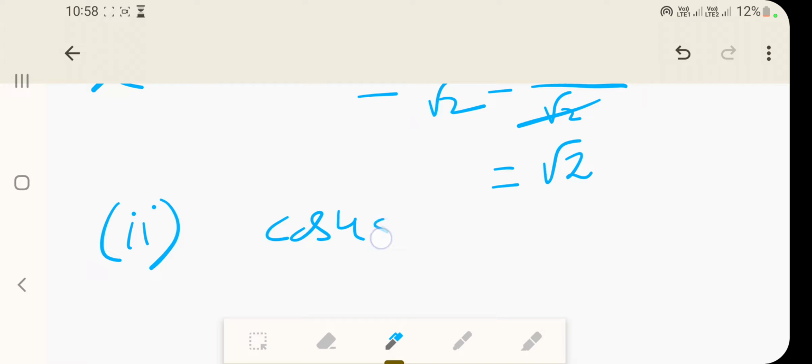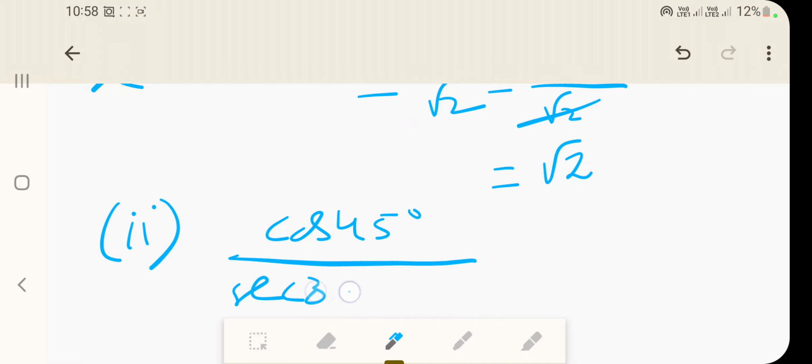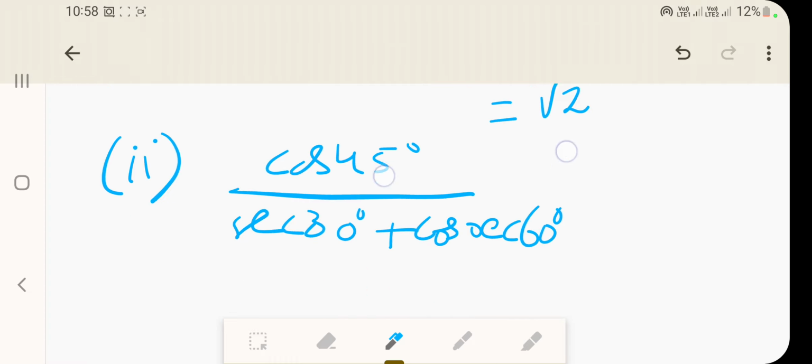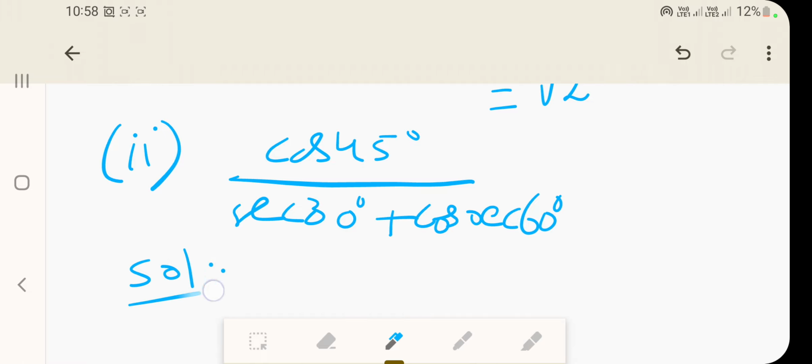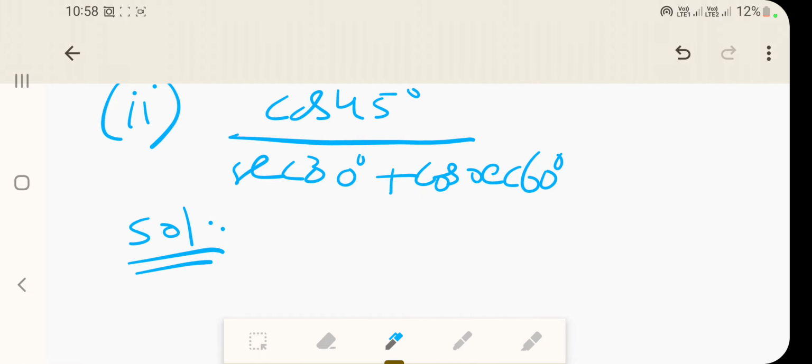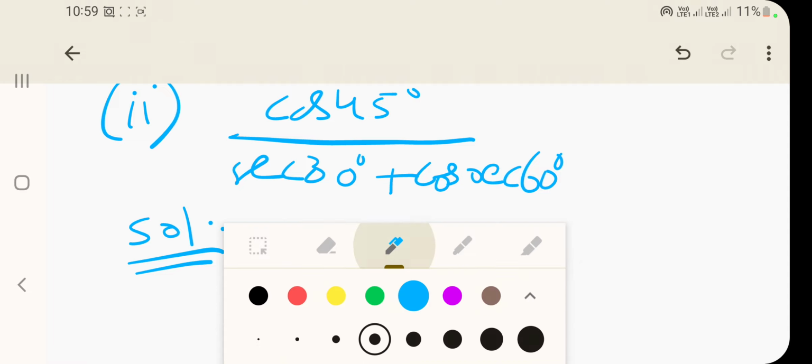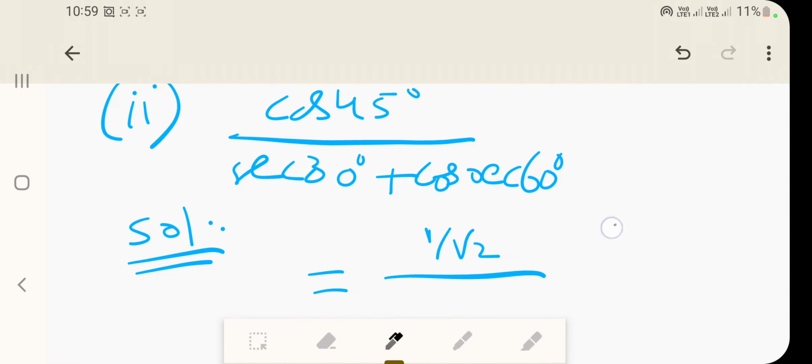This is cos 45 degrees divided by secant 30 plus cosecant 30. See, they have entered here secant and cosecant, they are asking. So you have to remember all these, just memorization and simplifying it is. Cos 45 just now we have seen it is 1 by root 2. What is secant 30? Can anybody remember secant 30? Secant 30 is nothing but